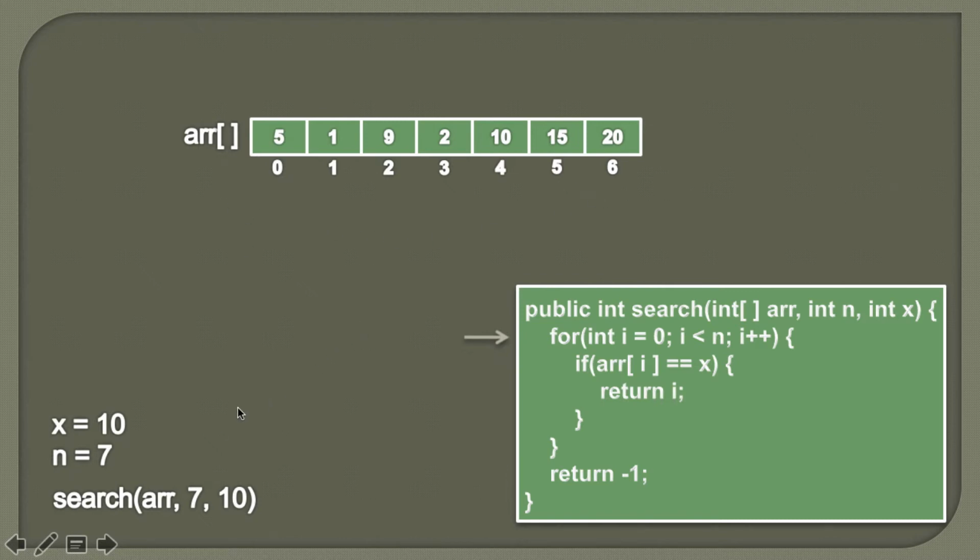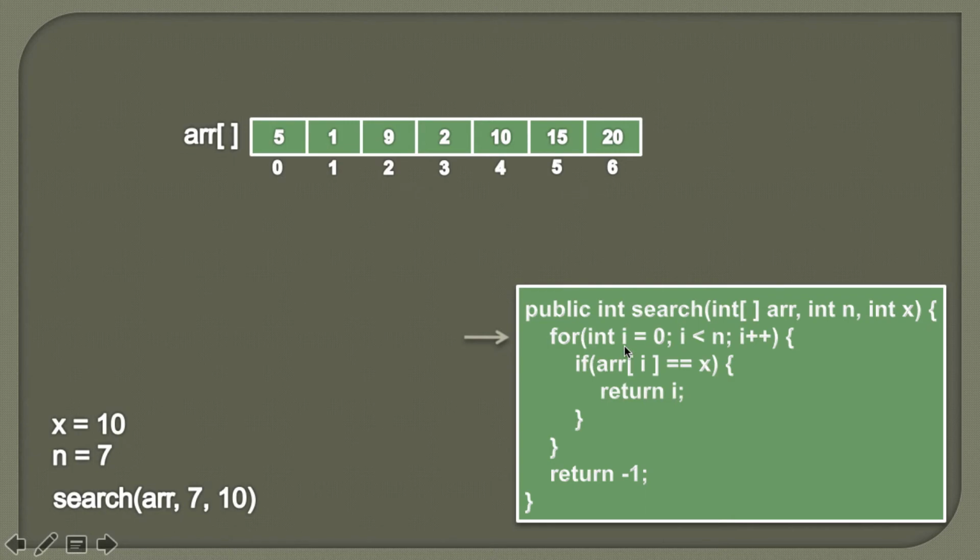So here in order to compare x with each and every element of this array, we provide a for loop which basically starts from the leftmost element and traverses till the last index of the array. So in this for loop we are iterating i from 0 to a value less than n, which is nothing but 7. So i will travel from 0 to less than n, which is 6, and then we'll compare each and every element of the array with x.